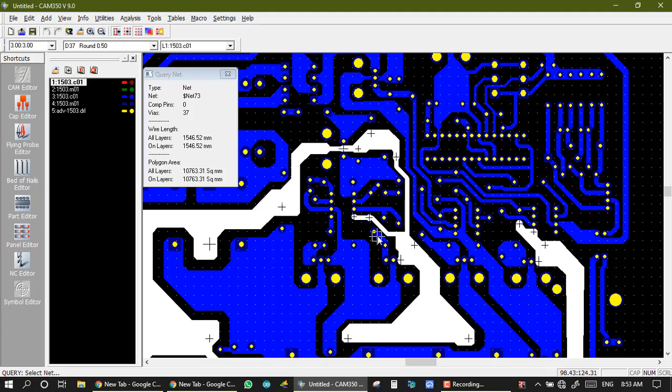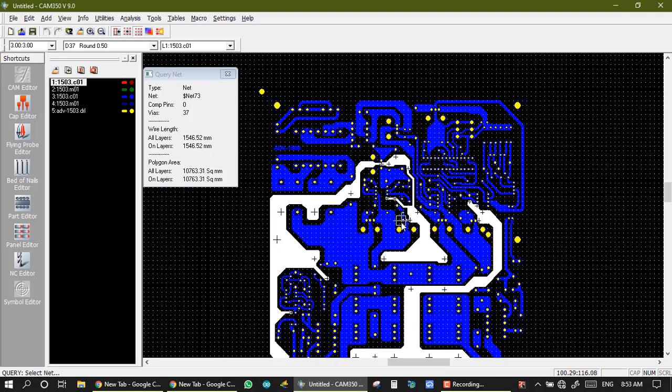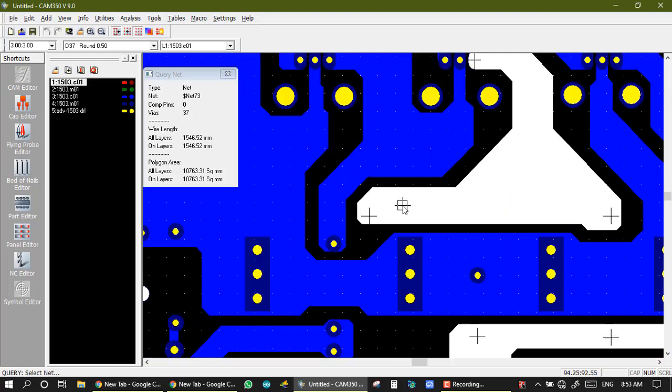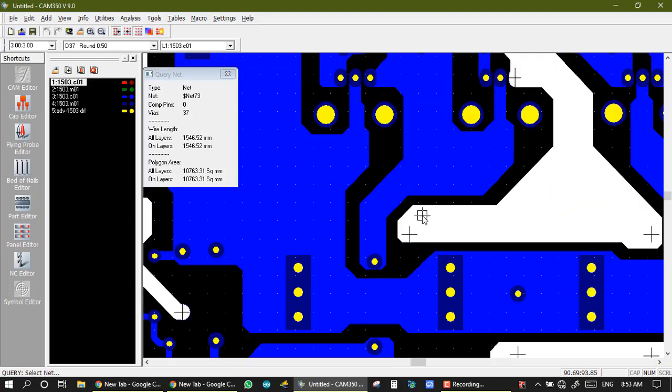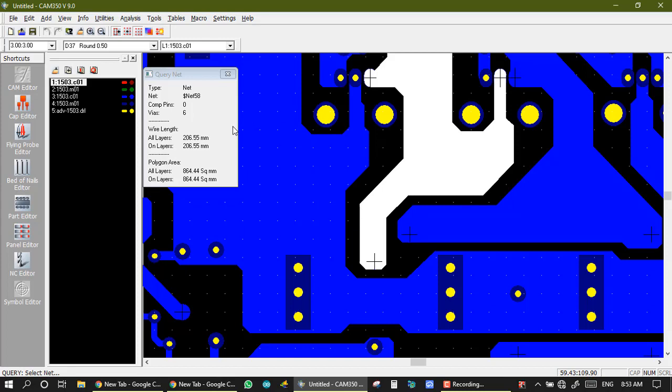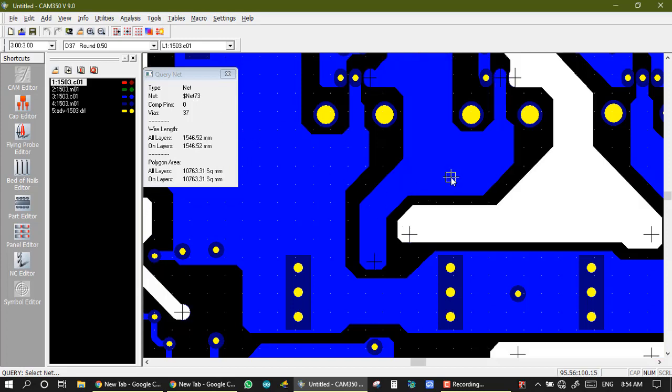If, in short error, this ground area is shorted here to here, then in our Gerber or PCB design we don't want to short both areas, but in any production mistake we got a short here, then this net and this net are short, like net number 73 and net number 58. 73 and 58 are short to each other, so we get an error in the machine like this. And net number 73 and net number 58 are short.